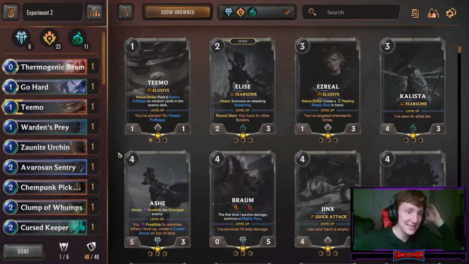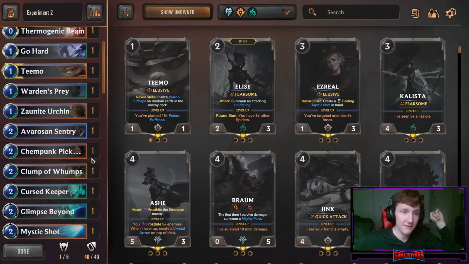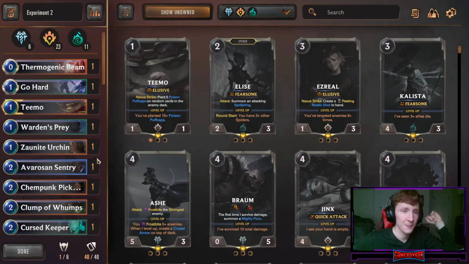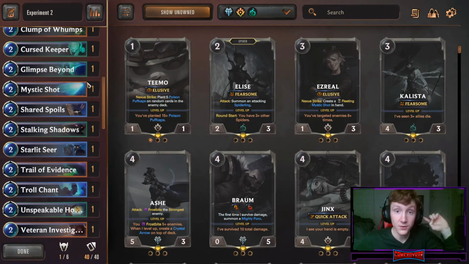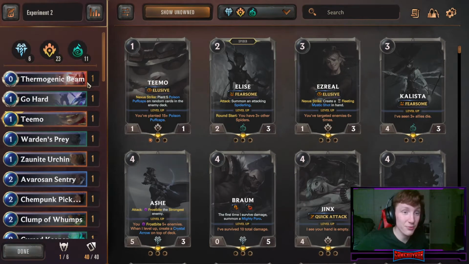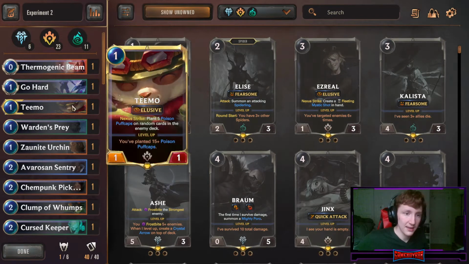Now again, this is a singleton deck, which means we can only have one copy of every card in our deck, right? So we have a ton of one-ofs. Also, since it's a singleton deck, we can actually have 3 regions. That's part of the rules of singleton, it allows you to have 3 different regions in your deck instead of the standard 2. So we are going with, since it's Teemo